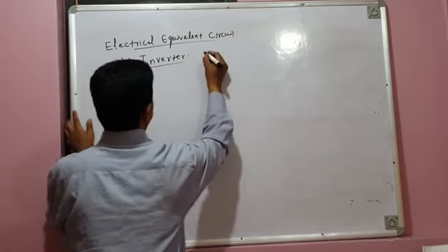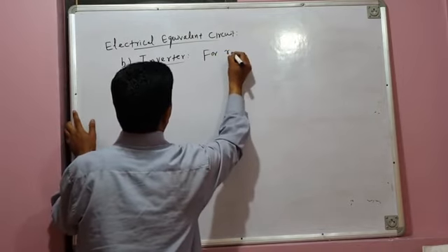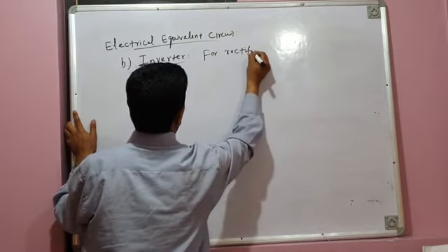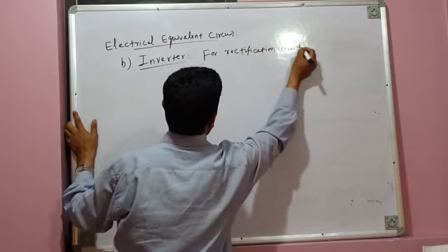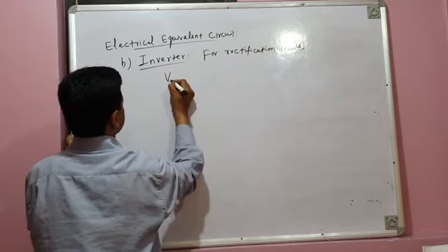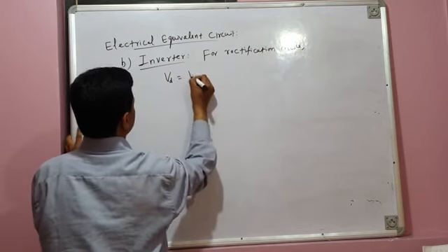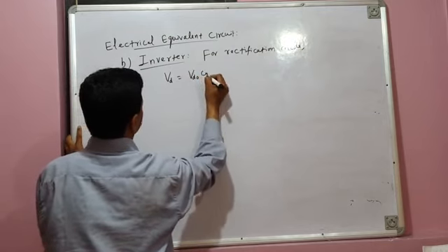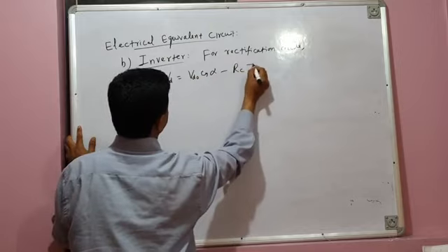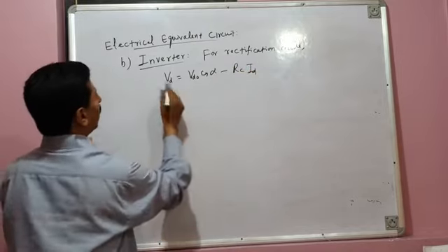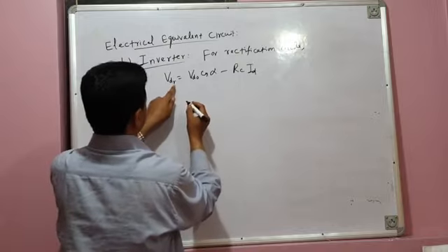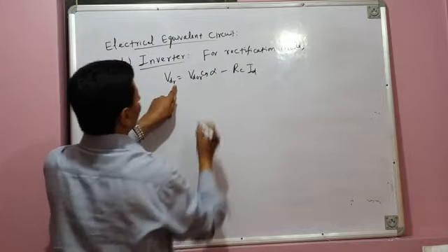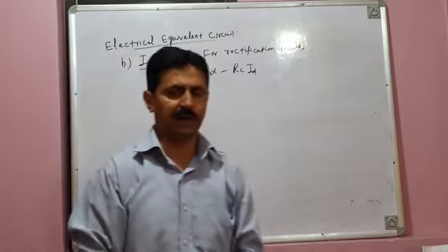Now I will again write here for rectifier or for rectification mode. Just a few moments back we have derived the mathematical expression for converter average output voltage. Vd is equal to Vd naught cos alpha minus RC ID. So for rectification mode, I will use subscript R. R stands for rectification. So VDR is equal to VDOR cos alpha minus RC ID.